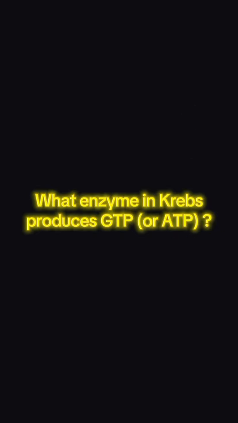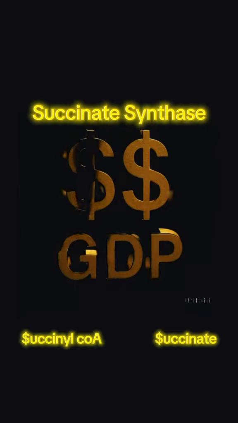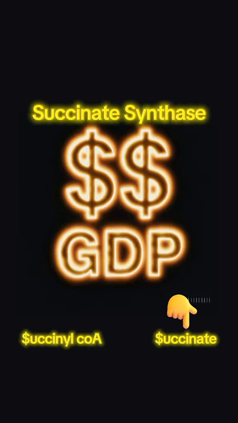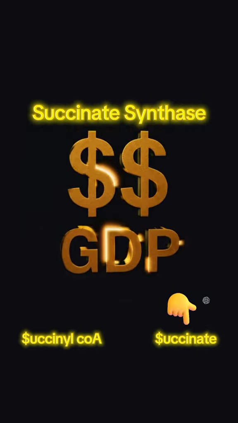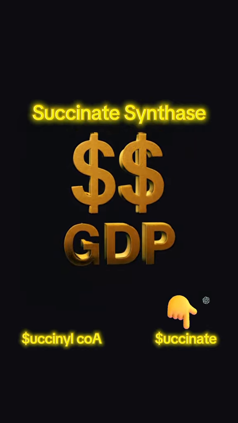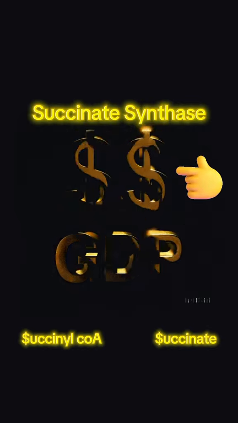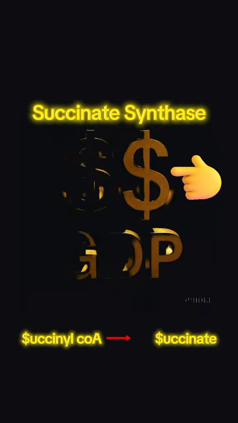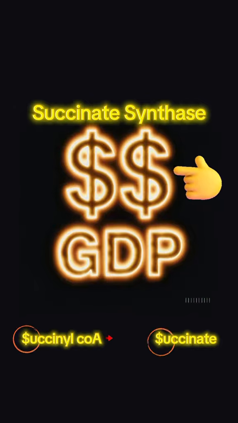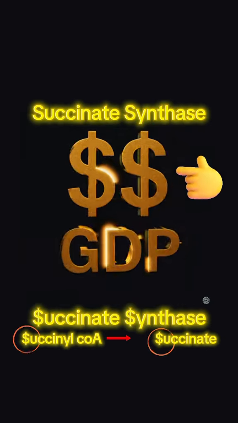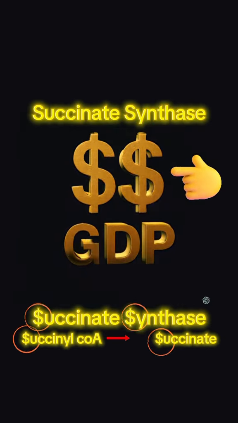Next question. What enzyme produces GTP or ATP? The answer is succinate synthase. Since succinate has to be synthesized, succinate is the product, going from succinyl-CoA to succinate. The double $ here can help you remember the 2 S's for succinyl-CoA to succinate, and also the enzyme itself,